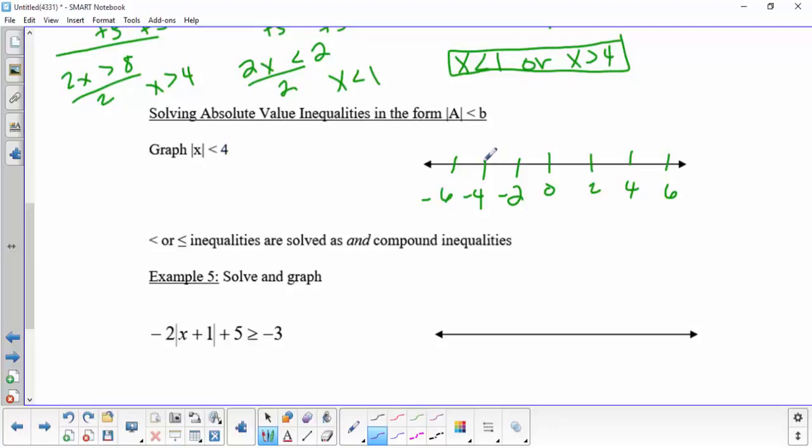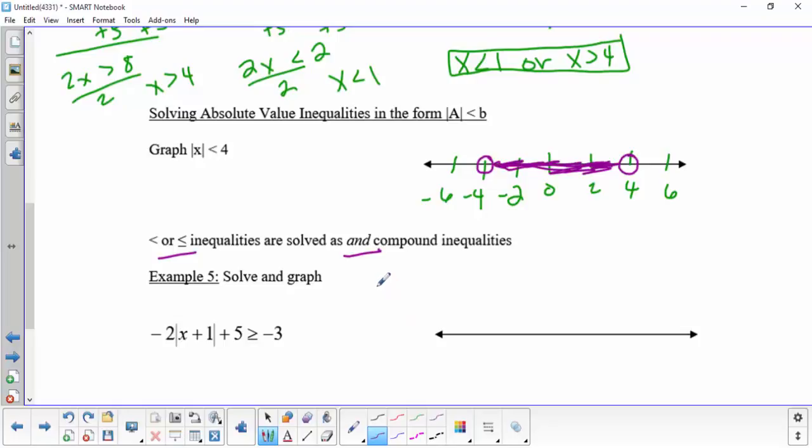So I'll have an open circle at -4 because I can get really close to it but can't actually touch it. The same thing will happen at 4, but this time I want everything that's closer than 4 units to 0. So it's everything in between the two circles,